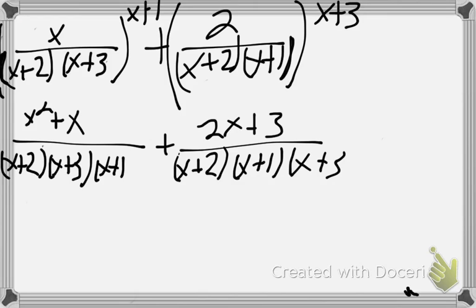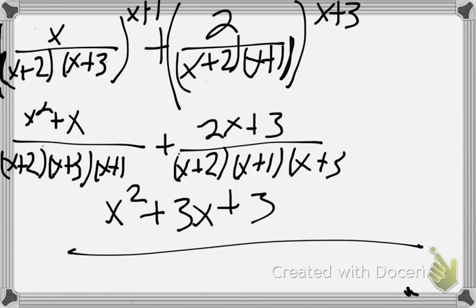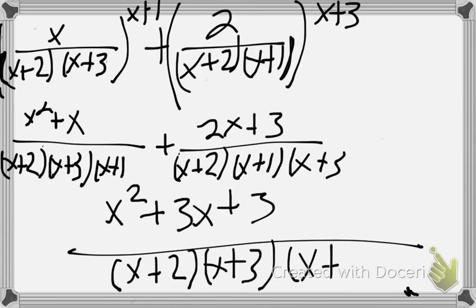Okay, so now we are going to simplify this. So if we add all the numerators together, we get x squared plus 3x plus 3 over, not x squared, x plus 2 times x plus 3 times x plus 1. And again, because our denominators are the same, we just take our denominators and put that at the bottom